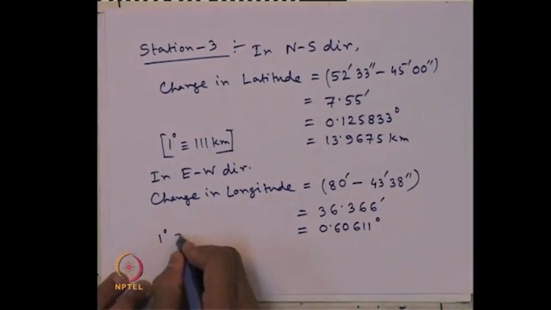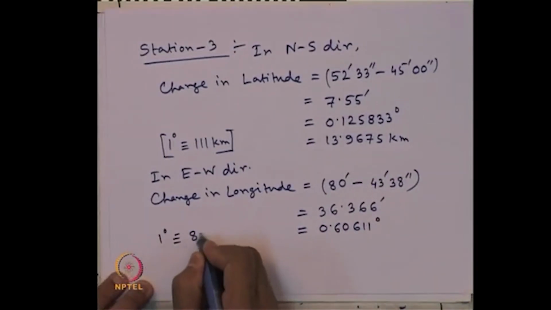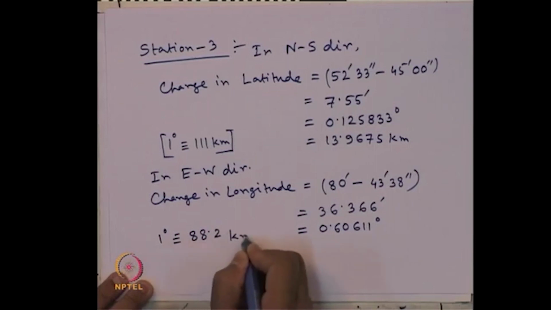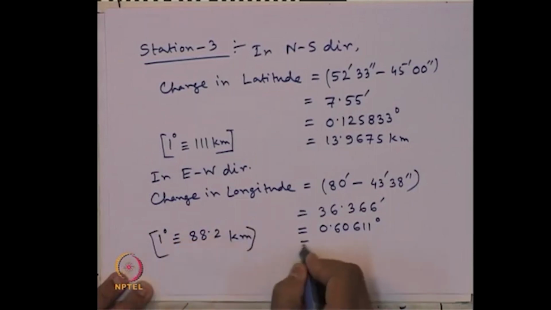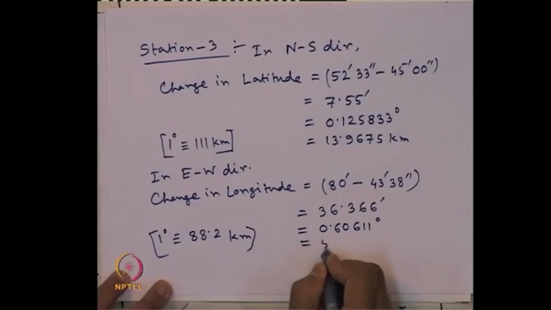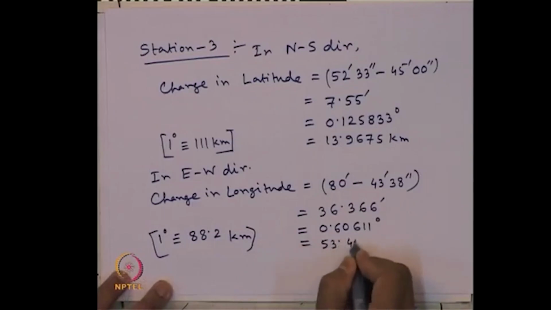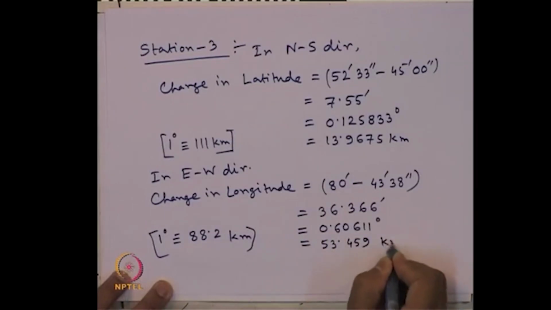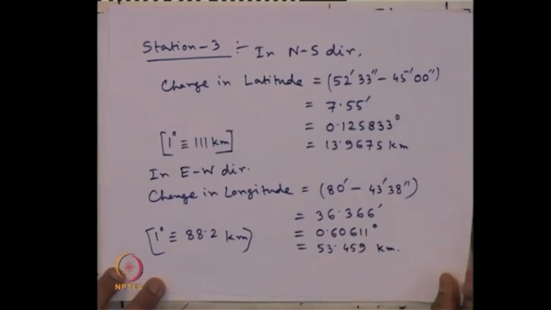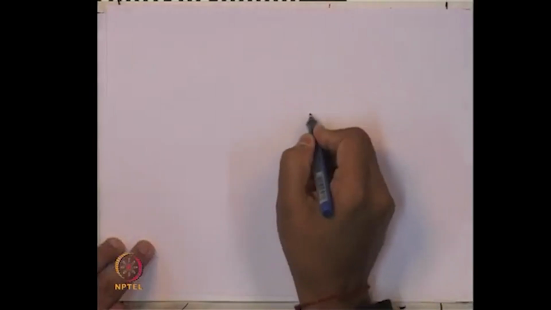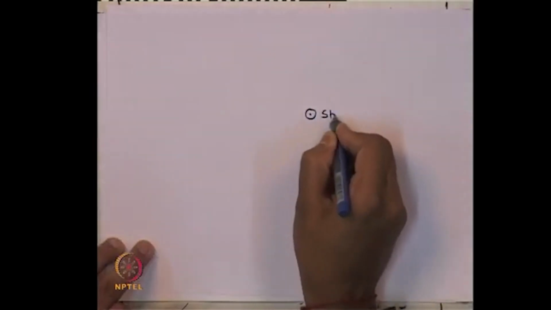Now, 1 degree is equivalent to 88.2 kilometers. So, that gives us 53.459 kilometers. That means, if we look at the value for station 3, station 2 is here,